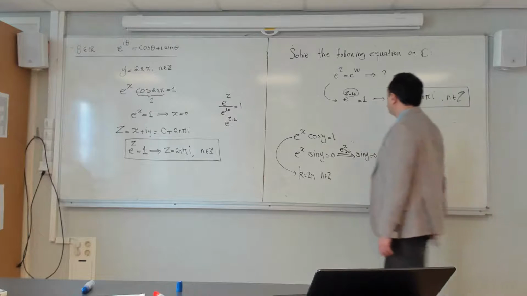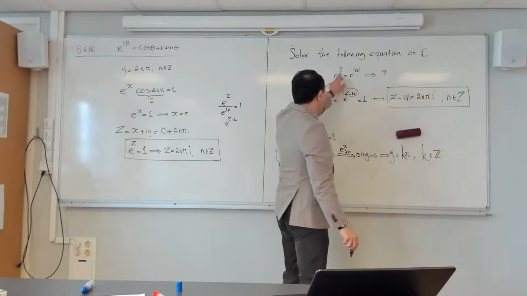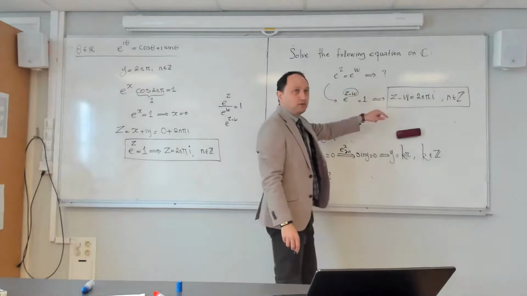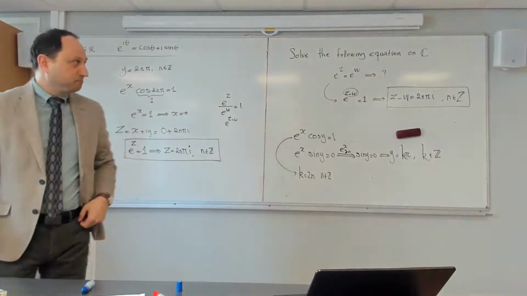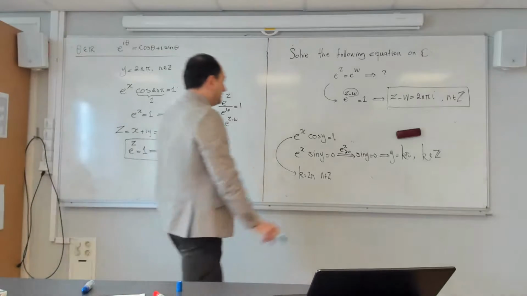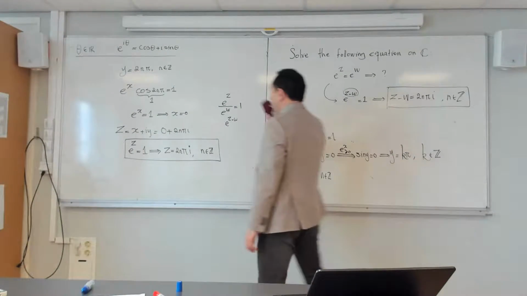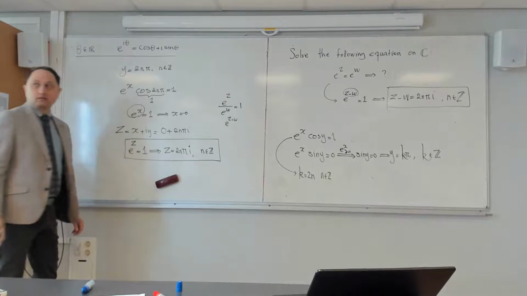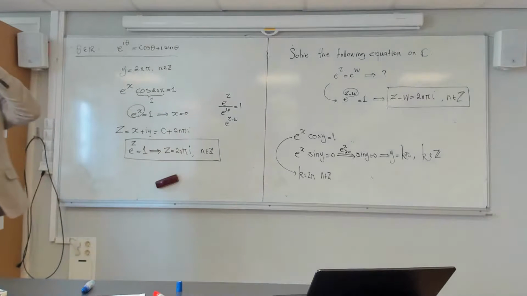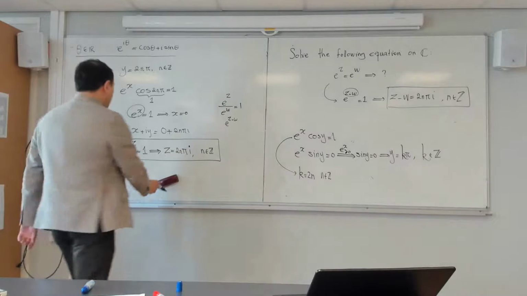So this is the main difference. In the real numbers, if this is happening, z has to be equal to w. But in this case, we have infinitely many possibilities. And another thing is, is this function periodic? E to power x in the real numbers. Is e to power x periodic? It's not, yes? It just goes up like a line. But this function is periodic. Yes? Why? Because